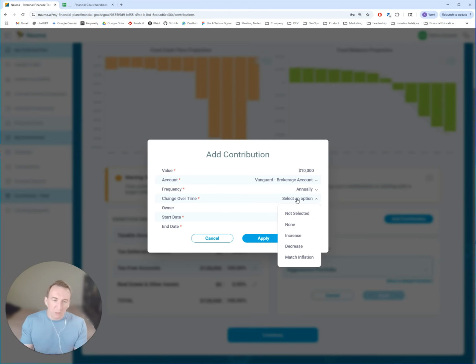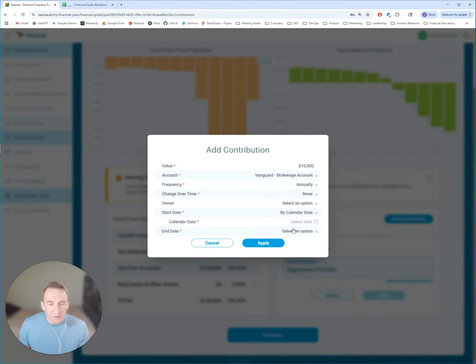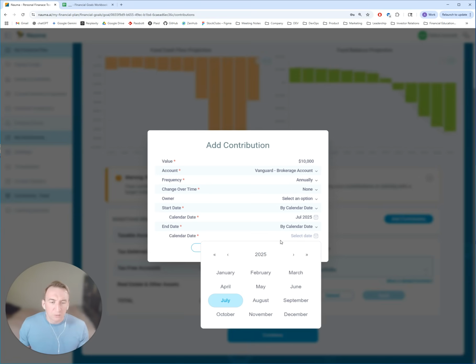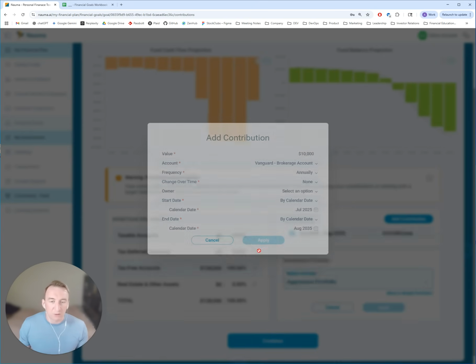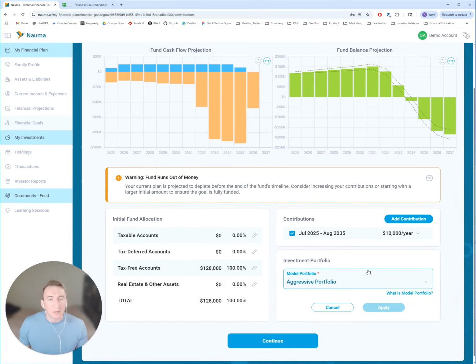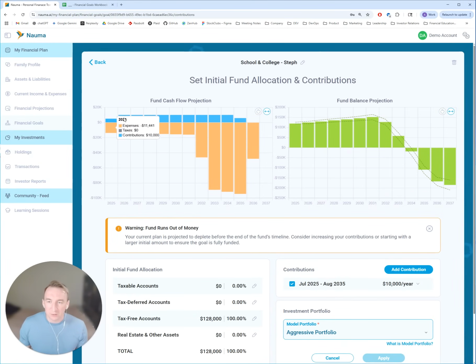We have a choice whether we keep it constant at $10,000, or maybe it will increase or decrease over time. So we'll say, let's just keep it as is, $10,000. And we will start today in July 2025. And we will do that for, let's say, 10 years until July, or maybe August 2035, I'm sorry. So we'll click apply, and we see these contributions on the left, but